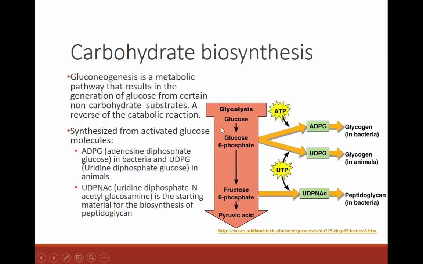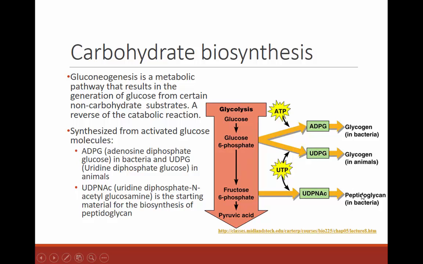So if we start with the biosynthesis of carbohydrates, the main one is we can have the production of new glucose, so gluconeogenesis, and that generates glucose from non-carbohydrate substances, okay? And it's basically the reverse. And these synthesized molecules can be formed into glycogen in bacteria, glycogen in animals,